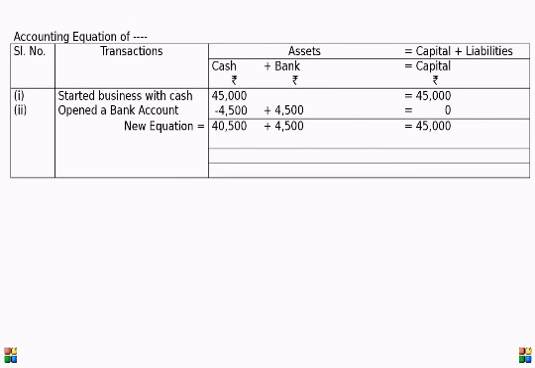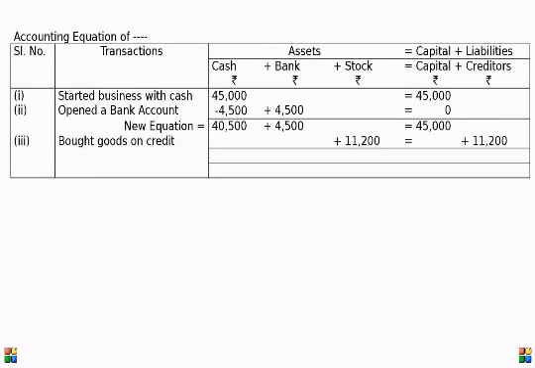Then the third transaction is: bought goods from Messrs. Son and Company for 11,200. The third transaction is bought goods on credit, since the name of the vendor is given and definitely this is a credit transaction. Hence 11,200 will be added to the stock and 11,200 will be added to the creditors.